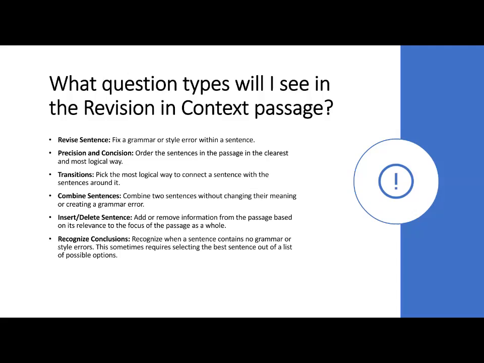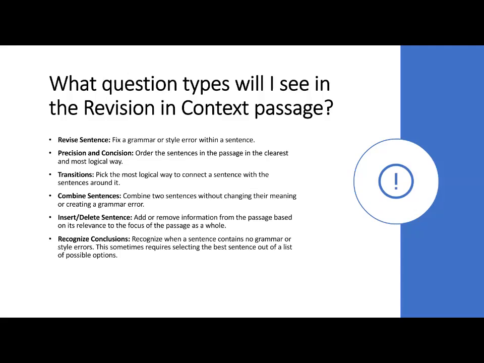Precision and concision, basically you order the sentences in the passage in the clearest and most logical way, so those are the ones where you move sentences around a lot. Transitions, where you pick the most logical way to connect the sentence to the sentences around it. Fairly self-explanatory. Combining sentences, so like two sentences that are slightly different ideas but can be basically presented together. Here's how you would connect them. Insert and delete sentences, where you add or remove information based on the relevance to the focus of the passage